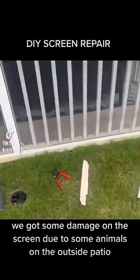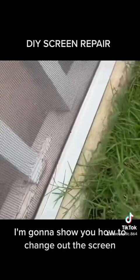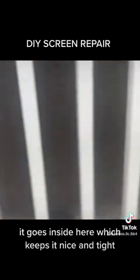Got some damage on the screen due to some animals on the outside patio. These are the holes right here. Let me show y'all how to change out this screen. It's very, very simple. It has these little pieces of spline that go inside here, which keeps it nice and